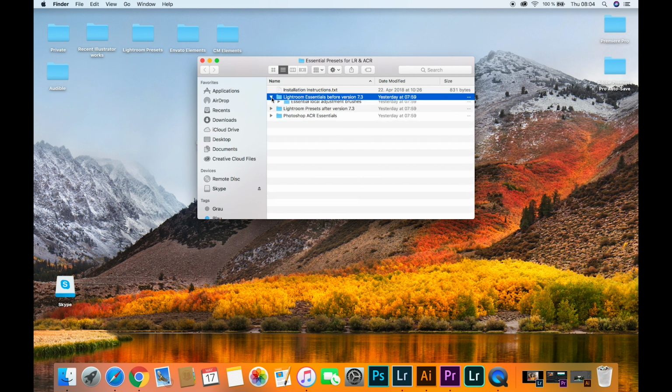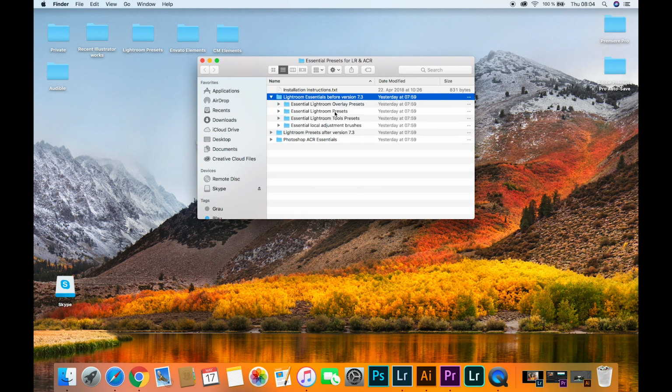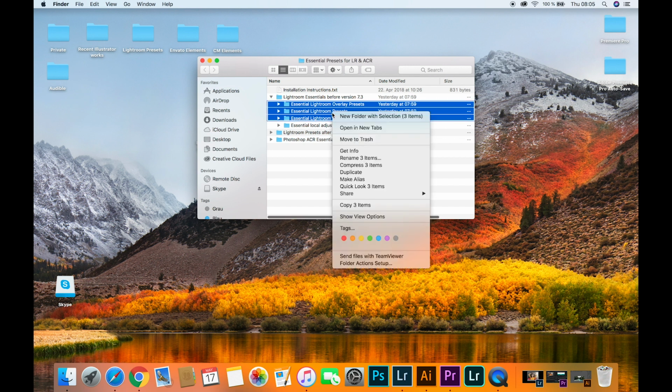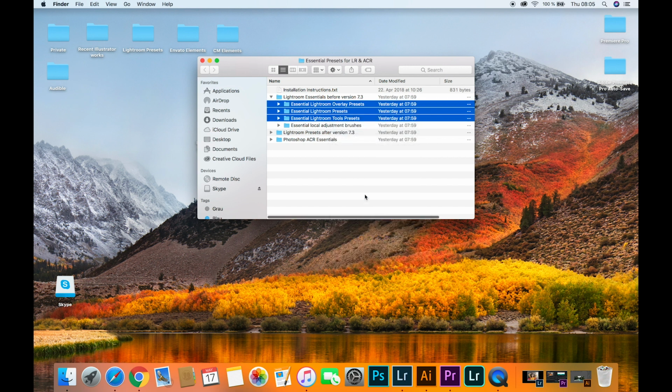So let's open this folder right here, and we want to install the overlay presets, the presets and the tool presets, not the adjustment brushes, because adjustment brushes will be installed differently than the normal presets. So we just make sure to mark those 3 folders right here, and then we click copy 3 items, and